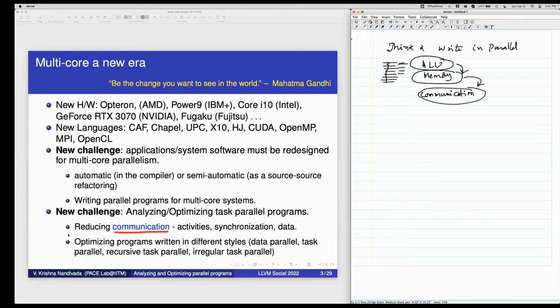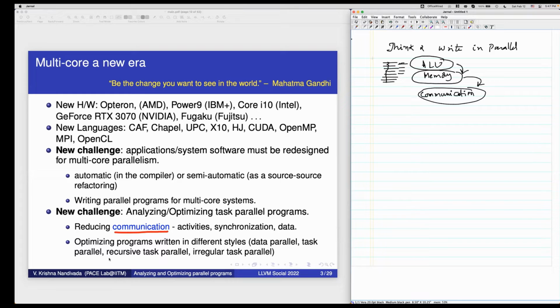The second important challenge when you want to analyze and optimize task parallel programs is coming from the language side. When the programmer writes a program, they can write in many different paradigms. They may be writing data parallel programs. I, as a compiler or a tool, may have to optimize task parallel programs.